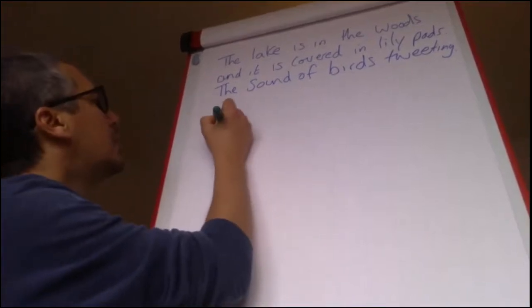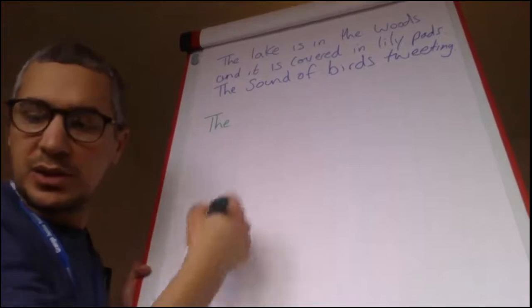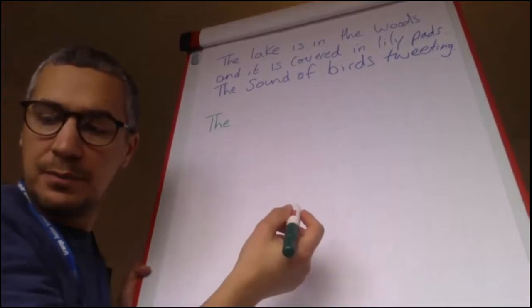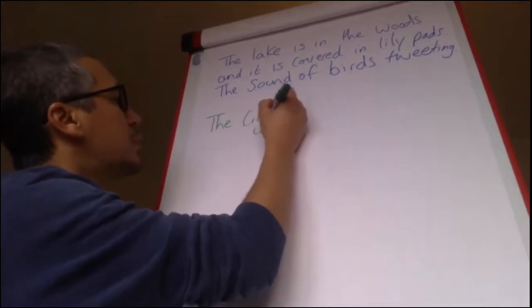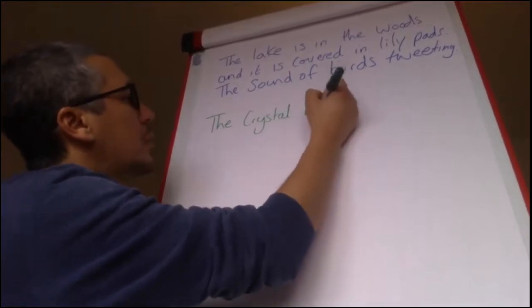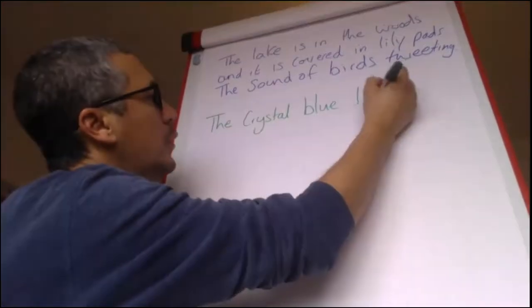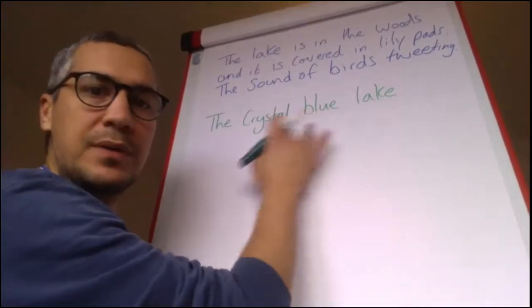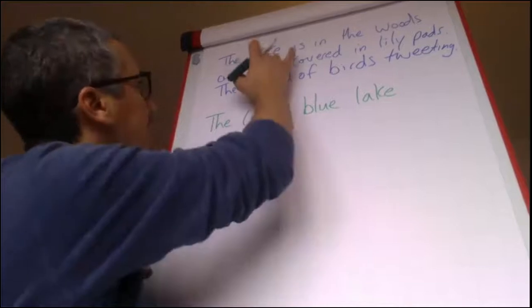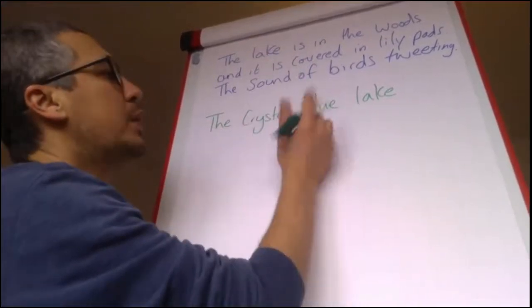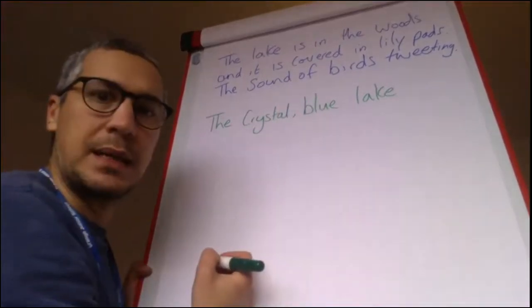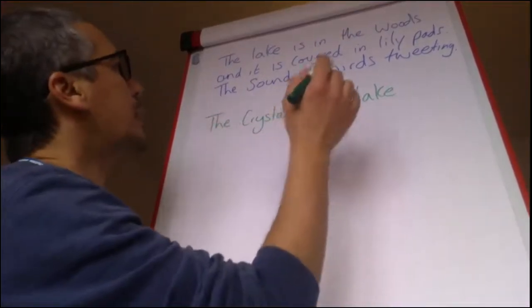Now, maybe we could describe the lake. Yeah. So the crystal blue lake. So straight away, we've now just put two adjectives in front of the lake. Still pretty much the same sentence. The lake, the crystal blue lake. We'll put a comma in there because it's an expanded noun phrase. The crystal blue lake